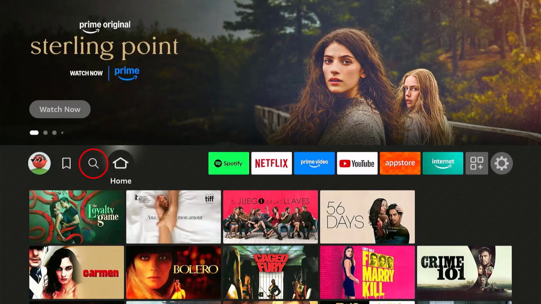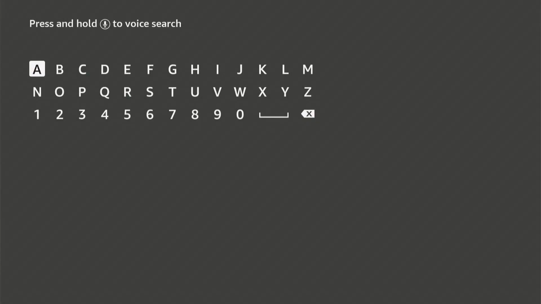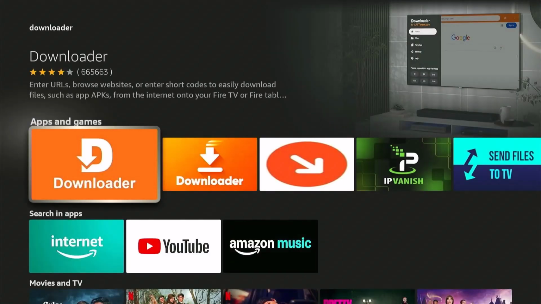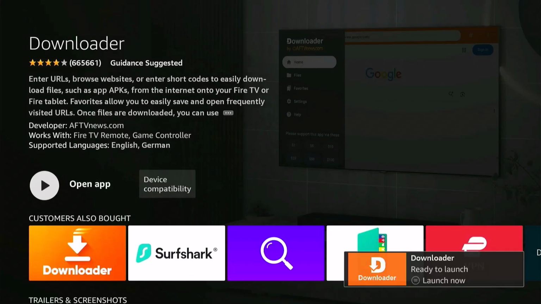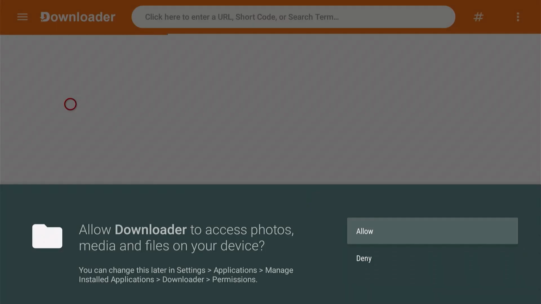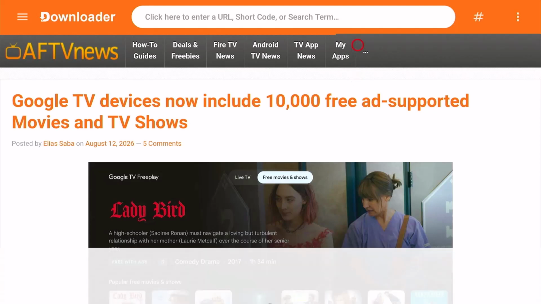So the next step, go to Find, then search, type in Downloader, download this app. Open app, choose Allow if it asks you. Then above, click to enter URL